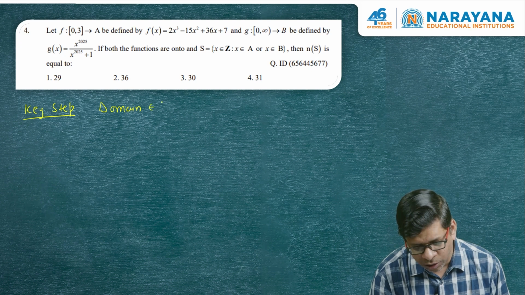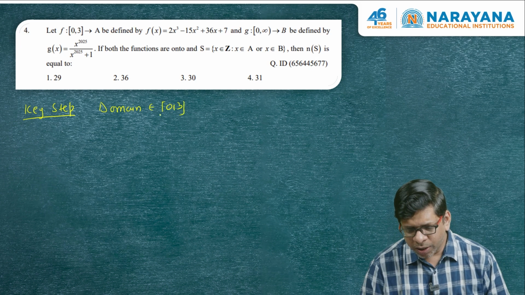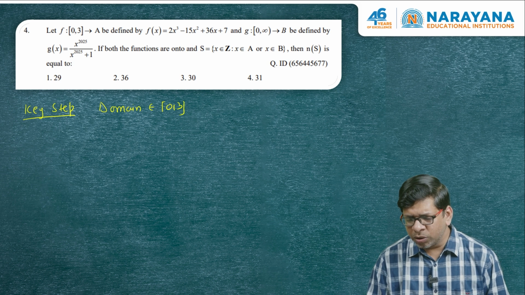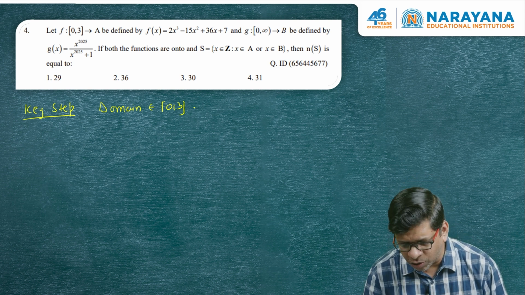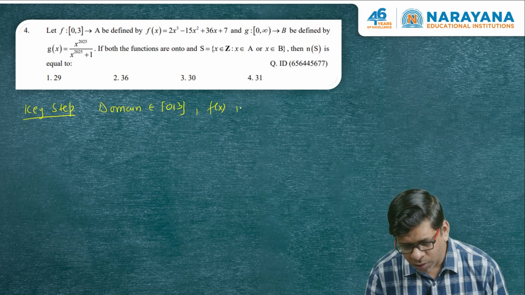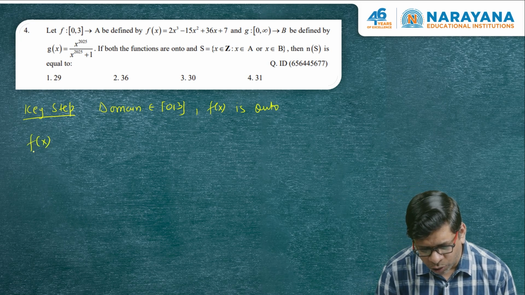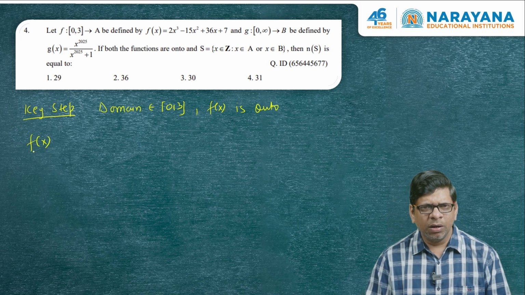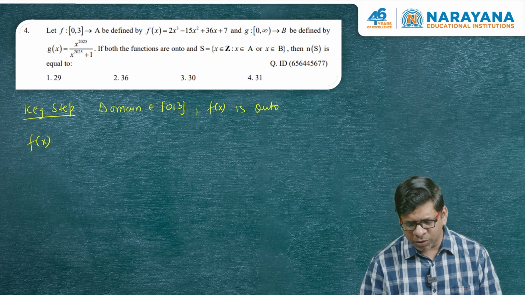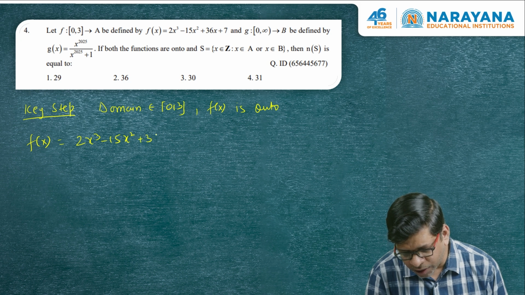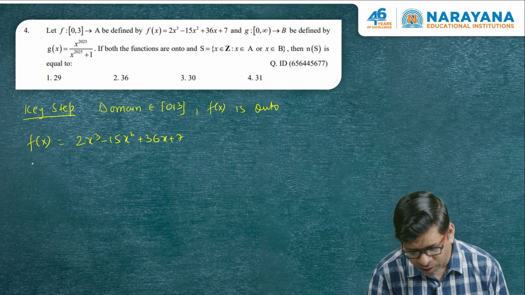Domain is 0 to 3. Then the function is defined, and within this domain, both the functions are onto. It means f(x) is onto. I'm talking only for function f(x). So if f(x) is onto, if the function is onto, then the range of the function should be the same as the codomain. So if f(x) is 2x cube minus 15x square plus 36x plus 7, then f dash of x is